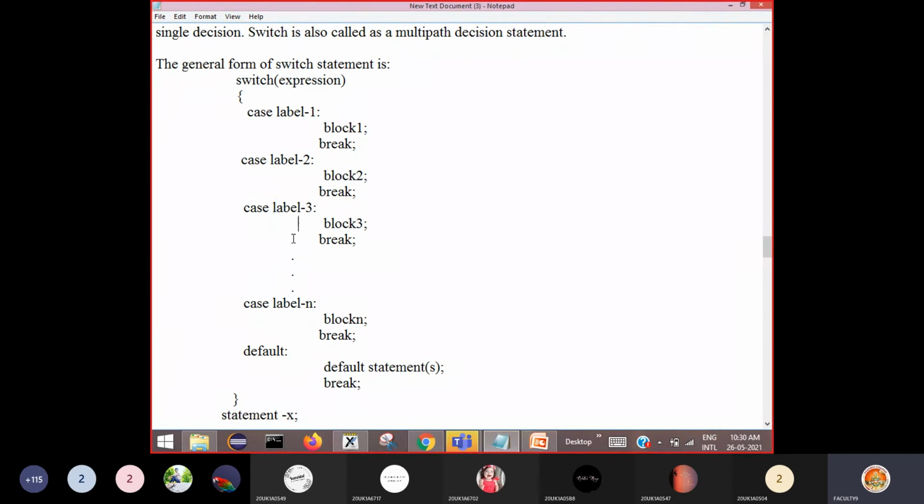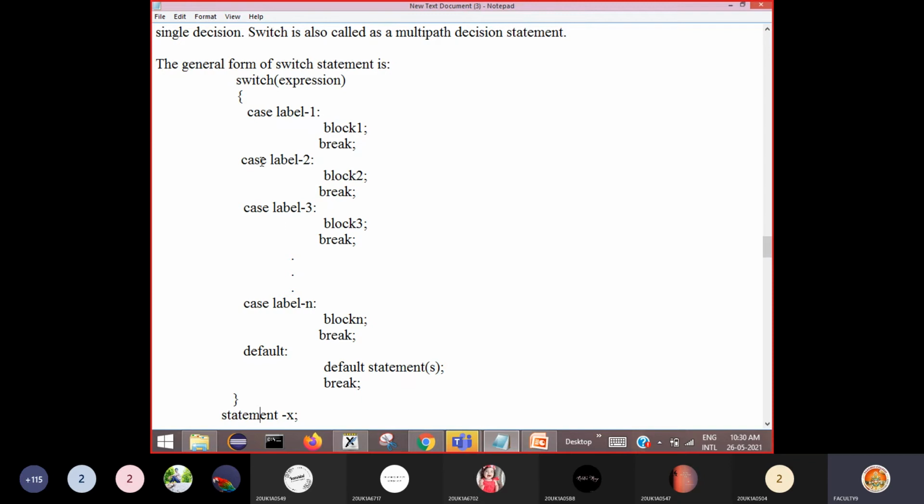And if it identifies a matching label, then the associated block of statements with that label will be executed, and when you write break, it immediately comes out of the switch. So case label n matching, yes, then the block of statements associated with it is executed, and when you say break, it comes out.